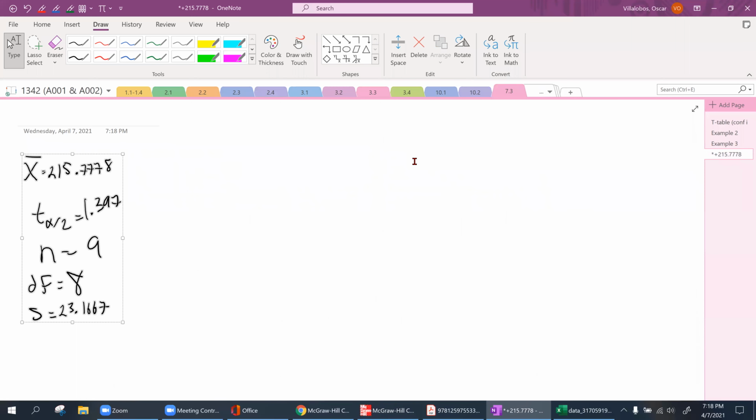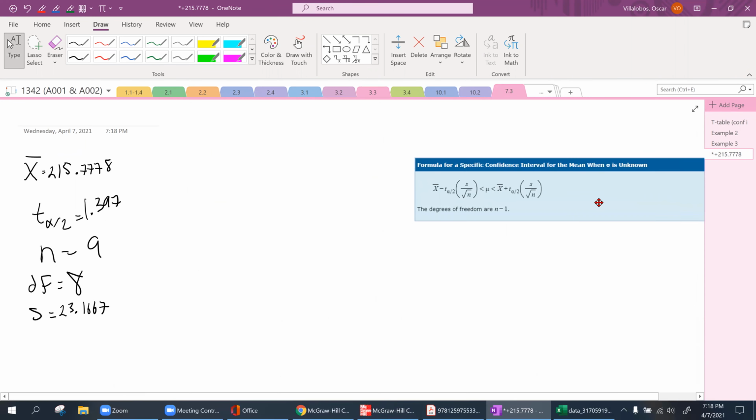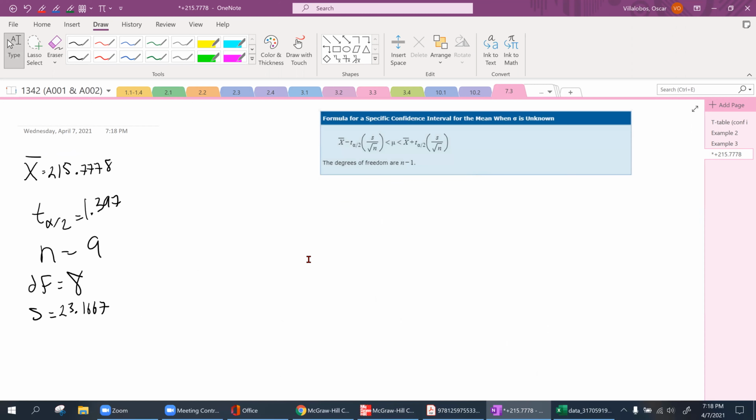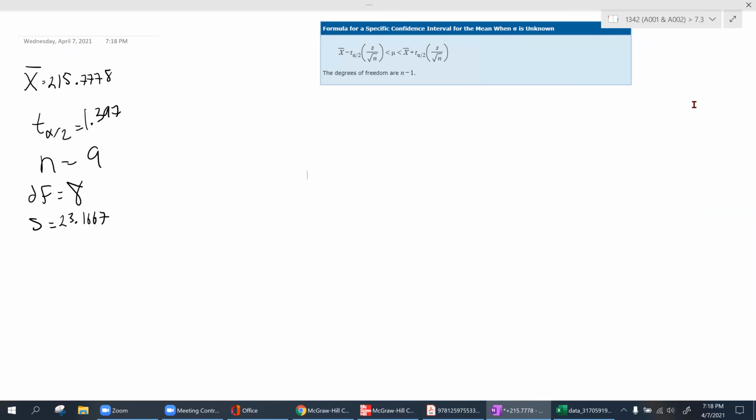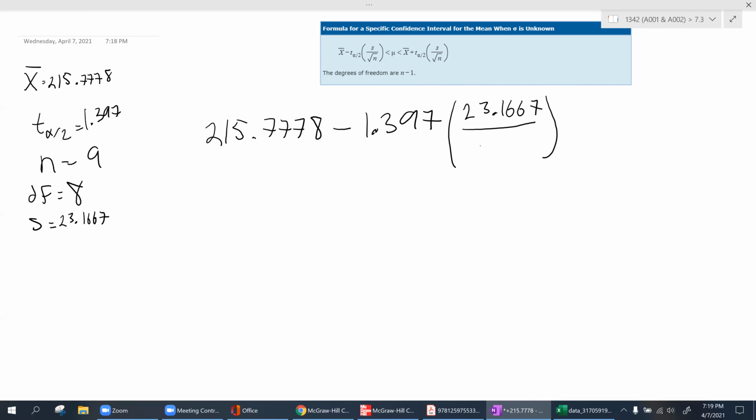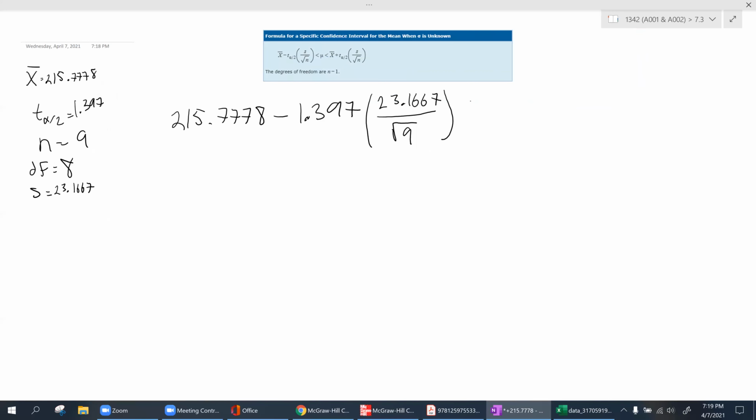Now I have everything that I need for this formula. So I have X bar, which is 215.7778, minus that t value, which is 1.397, times S, which is 23.1667, divided by root 9. Ooh, that's a nice number, right? It gives me 3. Less than